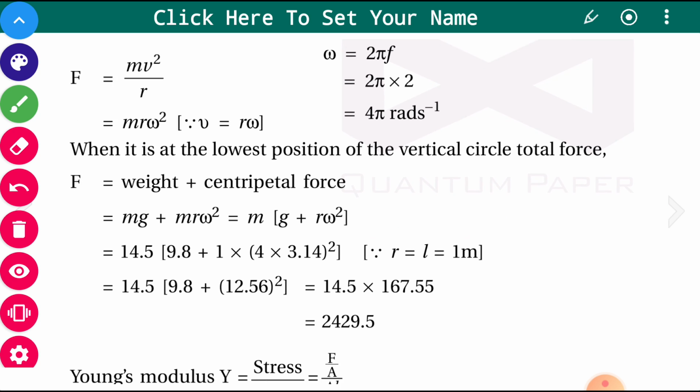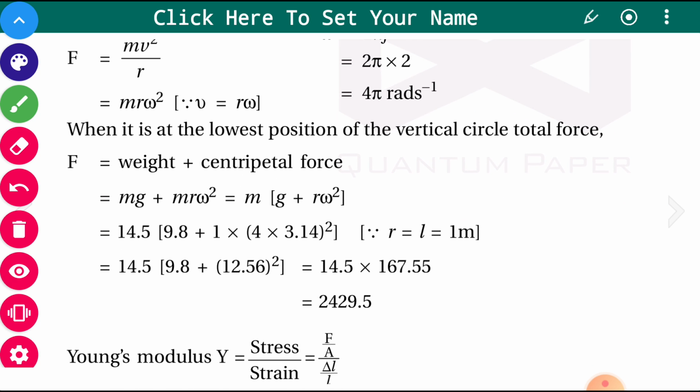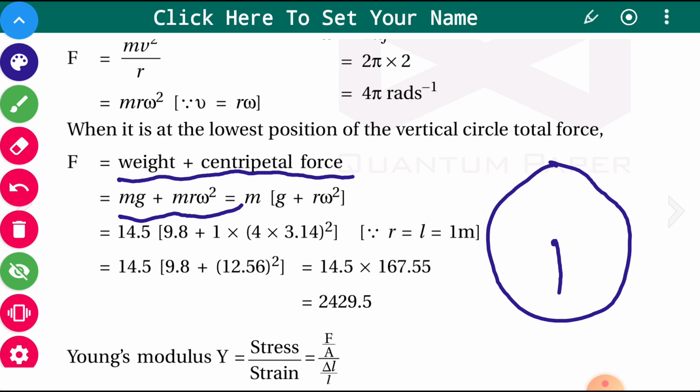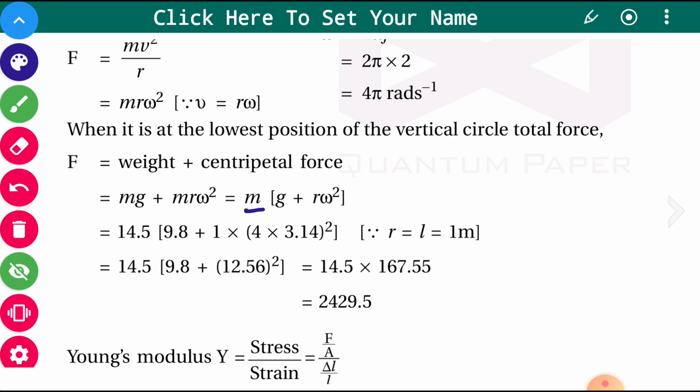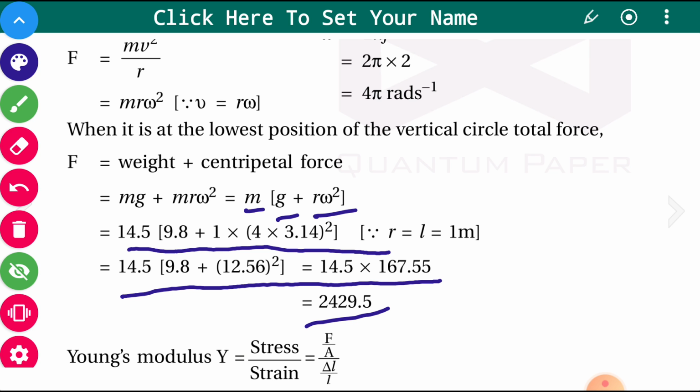Okay, now when the load is at the bottom, or we can say the lowest position of the vertical circle, then try to understand, total force will be weight plus centripetal force. So mg plus mr omega square. Whenever the load is at this point while whirling, there are two forces, one is weight and the other one is centripetal force. So two forces are there, they are added, mg plus mr omega square. m is taken common, g plus r omega square, place the values and just simplify. You will get the force to be